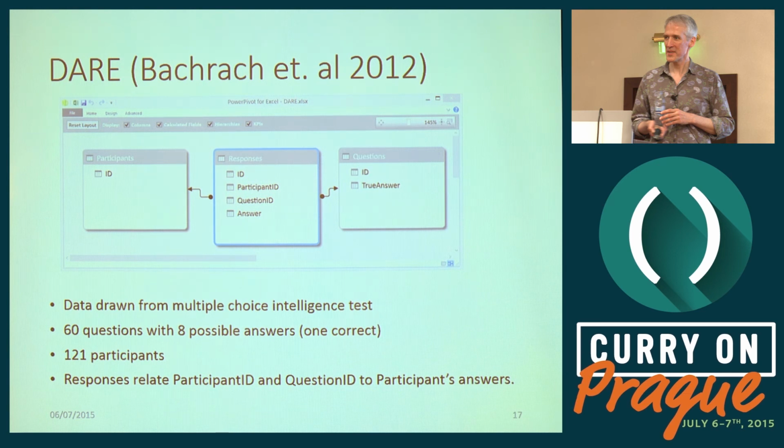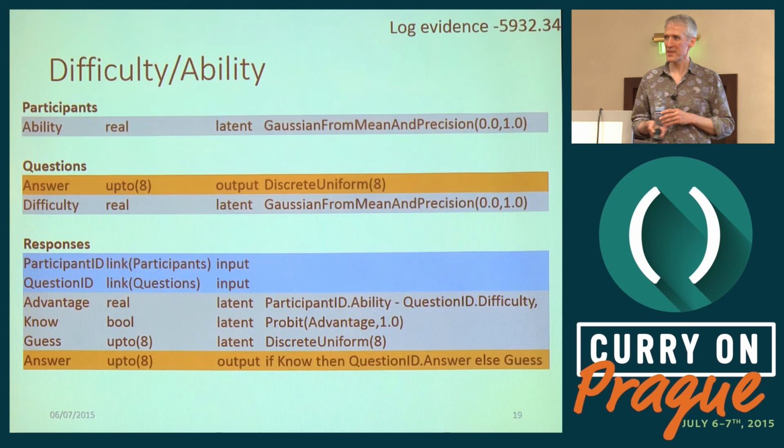Please forgive me. So anyway, in this database we've got a table of responses, and each response is by a particular participant and to a particular question. Okay, so here is the difficulty ability model, where every participant has got an ability, which is done as a Gaussian, as before. Every question has got a correct answer, which we can predict, and it also has a difficulty, which is another number. And then the model, you're maybe getting the idea by now, is a model of responses, so we want to predict what the answer is,